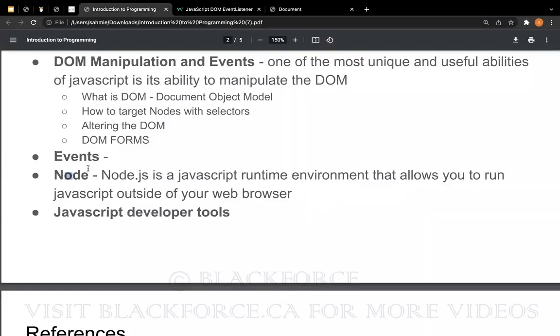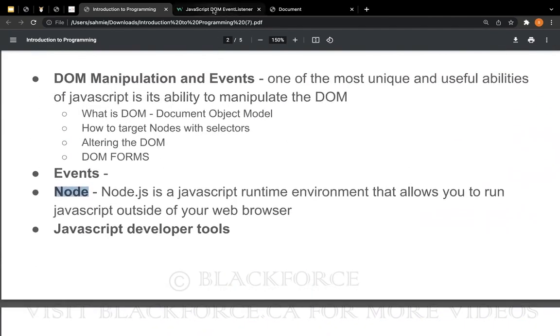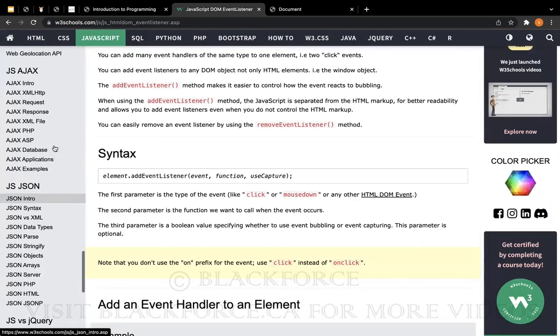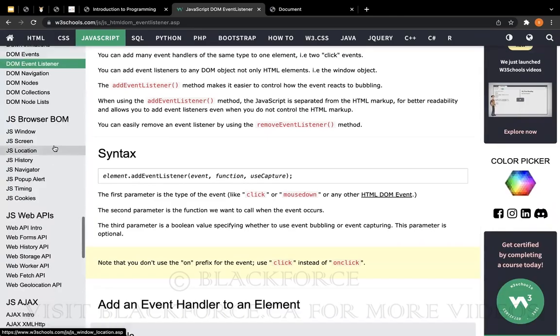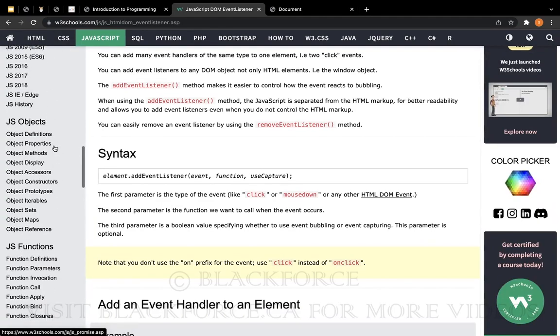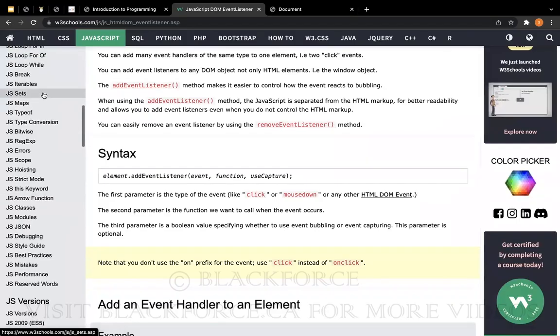So that's just that for Node.js and JavaScript developer tools, right? Okay, I wanted to do something. We've touched on each of the basic things like DOM, events, functions, objects. We just talked about them little by little, and we still have other things to talk about, but I wanted to